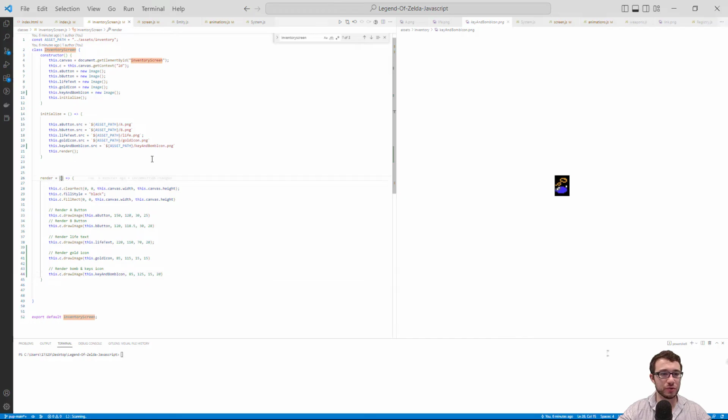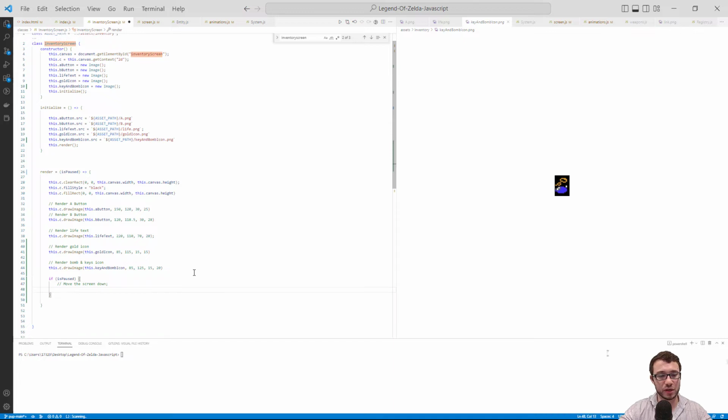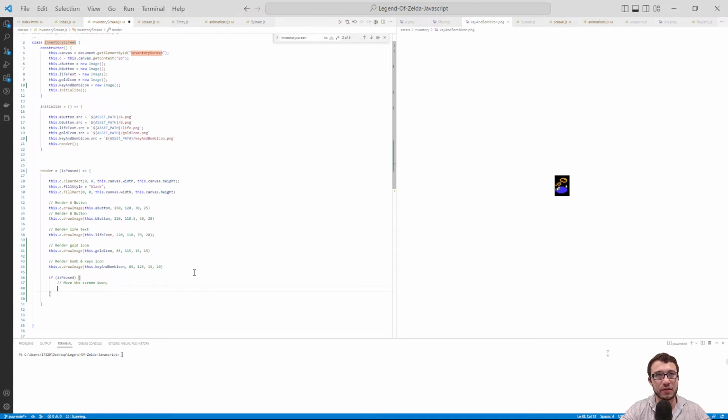And we'll go into the render method of the inventory screen and write isPaused. So in here, we are going to manipulate the style of the inventory screen based on whether the value is true or false. To begin, if isPaused, we're going to move the screen down. And we can do this by first getting the value of the screen's top position, which